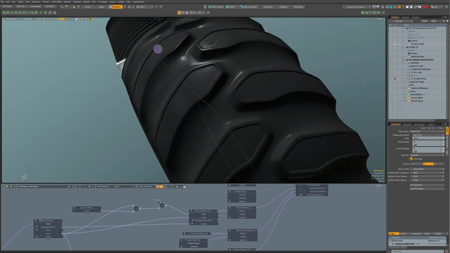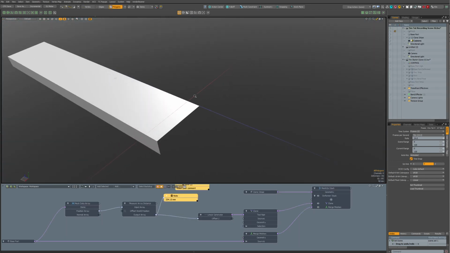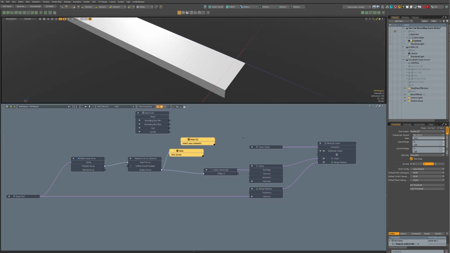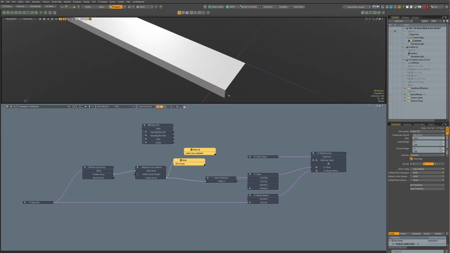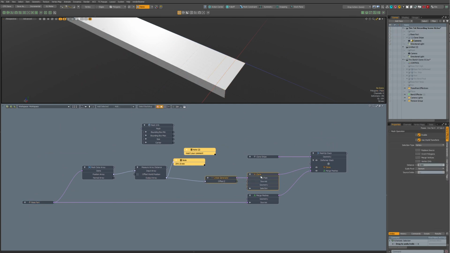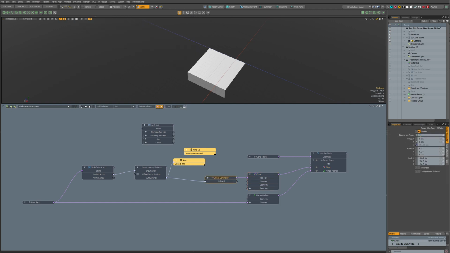We have to make two clone arrays, two clone strips, so that they have that offset between those. So instead of cloning it 10 times, we clone it only one time and then mirror it.